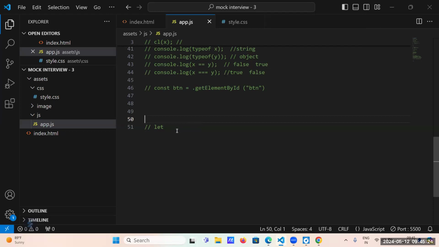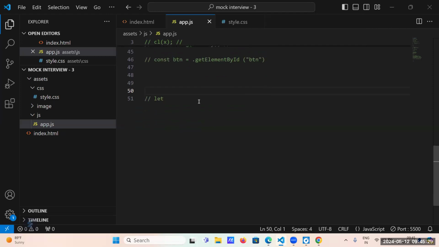Okay, good. That's correct. So we have some methods to manipulate the array. Can you tell me what does the filter method do? Yeah, it's a higher order function. In filter, when we are given an array and we want to create a new array using some conditions, then we will use the filter.